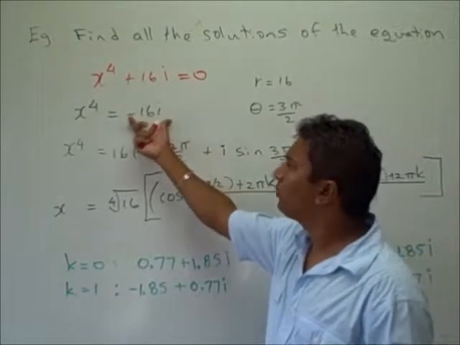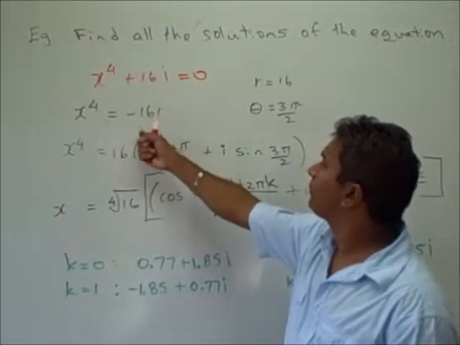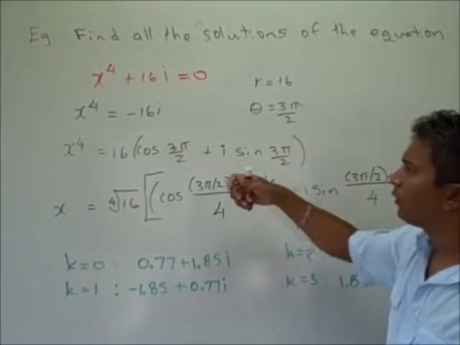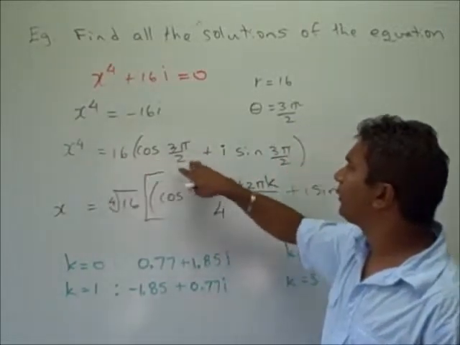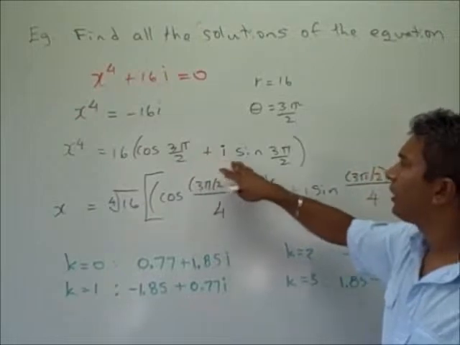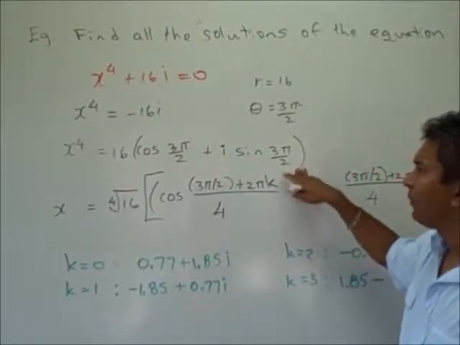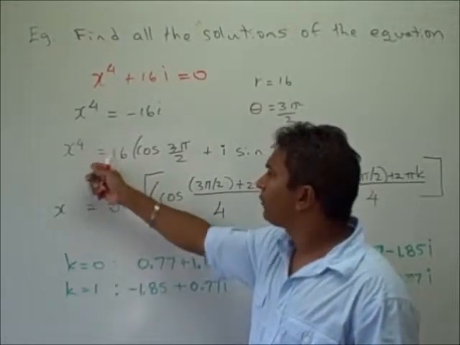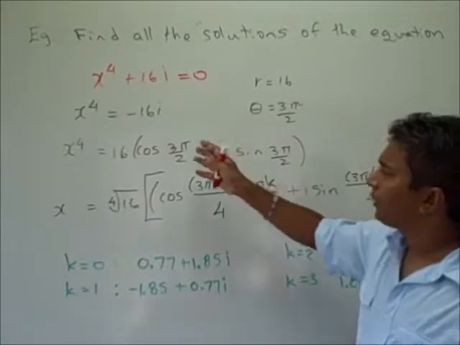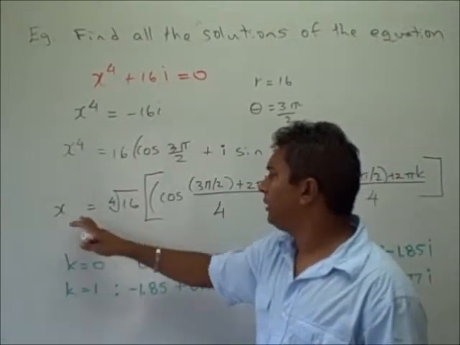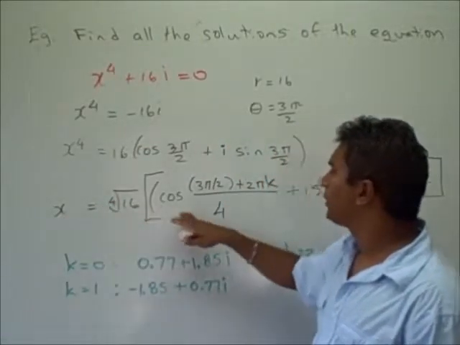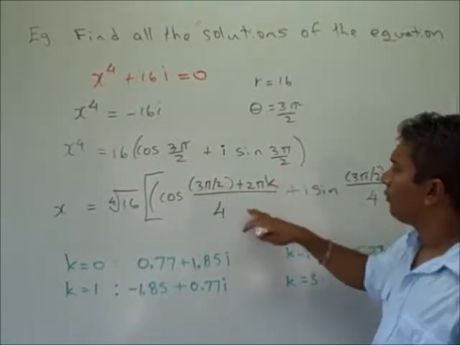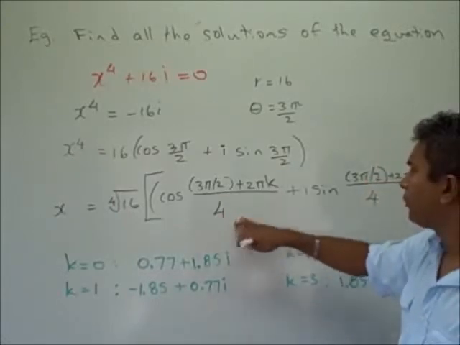So we can rewrite this complex number in the form of r times cosine theta plus i times sine theta. So now we have x to the 4th is equal to r cosine theta, or 16 times cosine of 3 pi over 2, plus i sine of 3 pi over 2. Now that we have done that, we can use the formula that we just used in the previous example to find all 4 roots of x. So the 4th root of x would be equal to the 4th root of r times the cosine of theta, which is 3 pi over 2, plus 2 pi k over n, and n here is equal to 4,